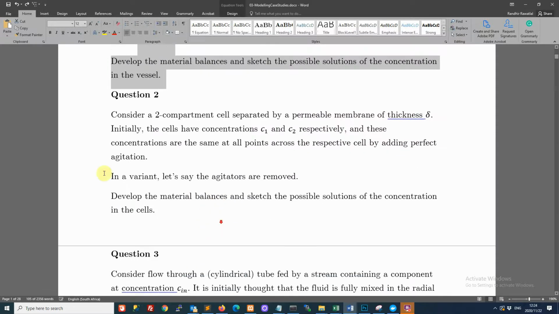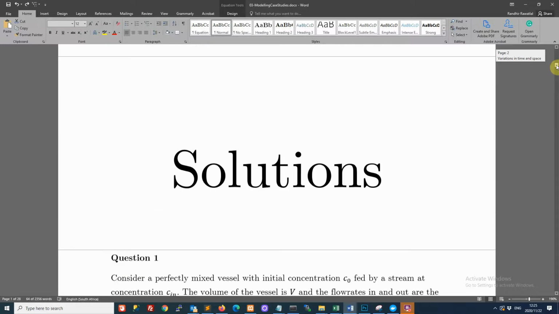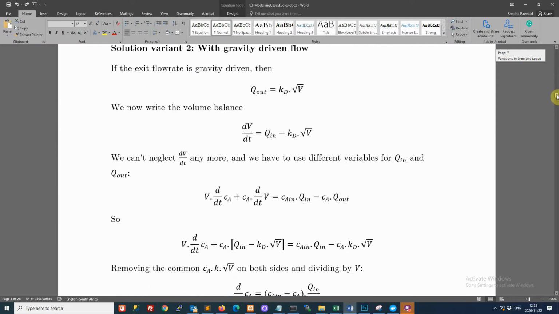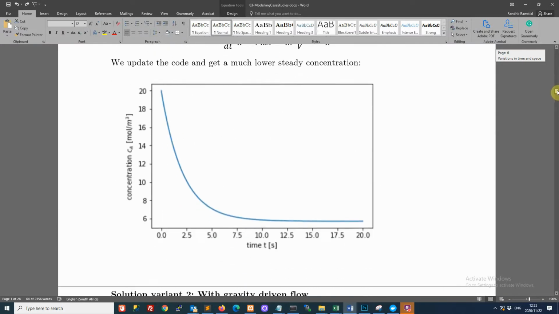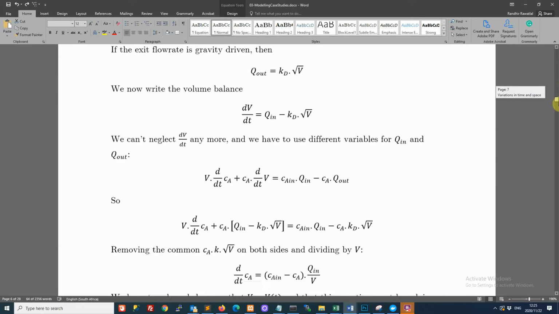And then in question 2, we have a 2-compartment cell, and we have already developed the material balance for the concentrations in each cell. So we are going now to consider the variation on this problem where we do not have agitation. So let's skip ahead to that problem. There's the question 1 problem description and solution with some Python code for us to view some profiles. And then in this question 2,